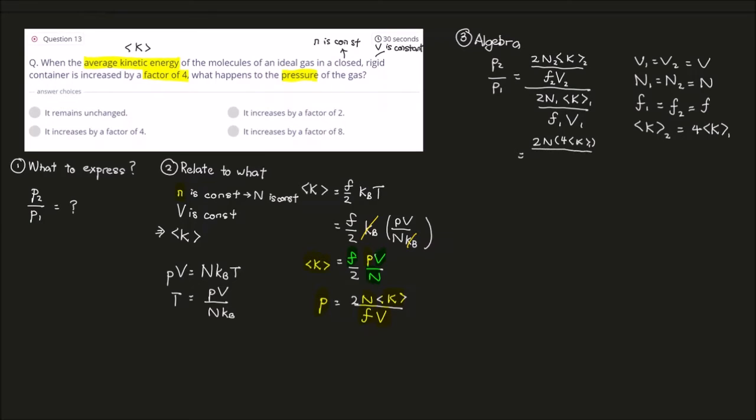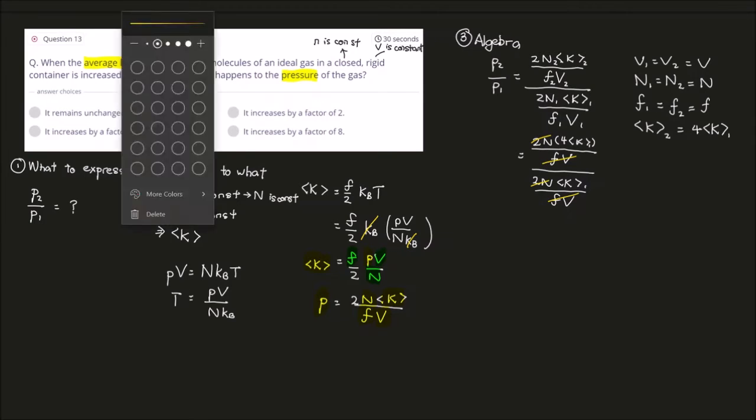Okay, then you divide it with the degree of freedom is F, then the volume is V. Then you have your 2 and so I express it as K1. Then this one you have F and V. So once you reach this stage, you can see that the 2N can be cancelled out. So what you are left here is